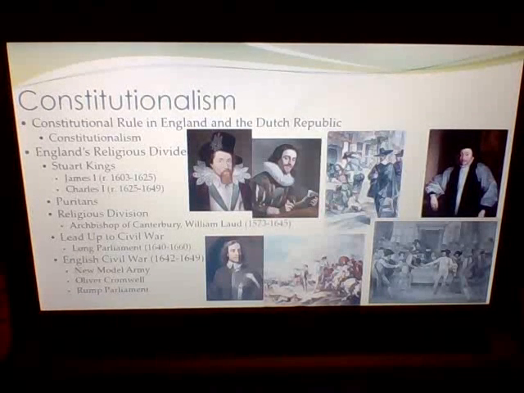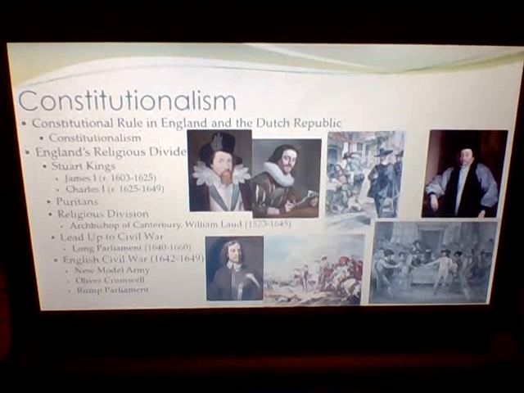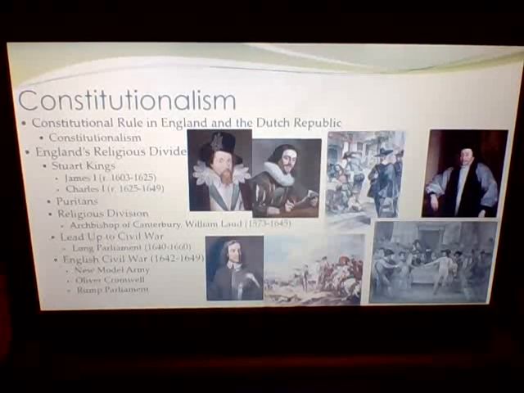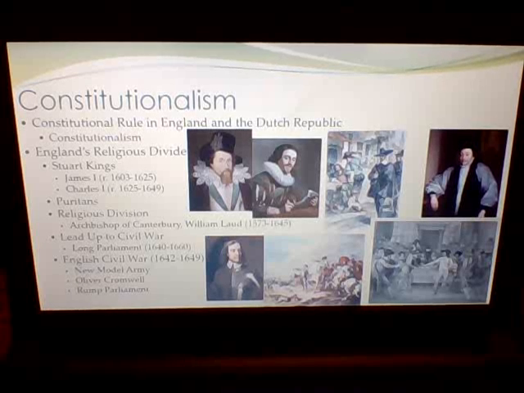But now we're going to go on to the next part of this unit, where we're going to be wrapping up this unit in general the next couple days, looking at the other style of government that takes off, which is constitutionalism. So we're done with absolutism, now moving to constitutionalism. And looking at the poster country for this, which is going to be England. So like we said, Russia and France are the poster examples of absolutism, and then constitutionalism will be England.